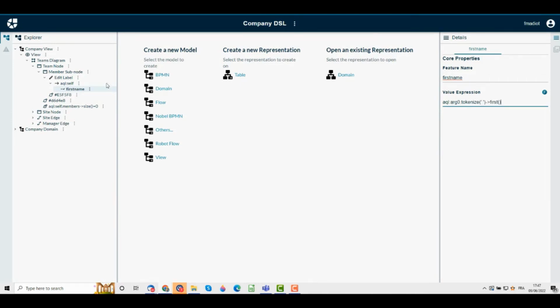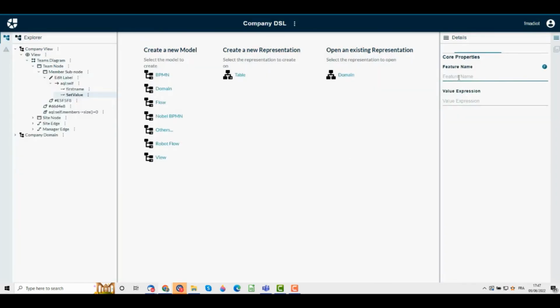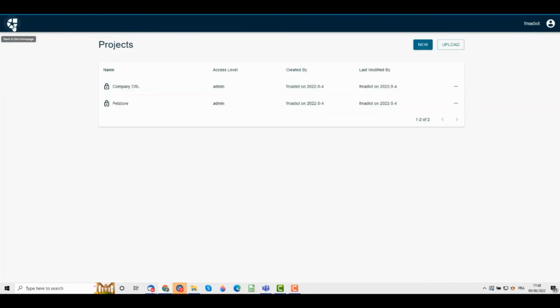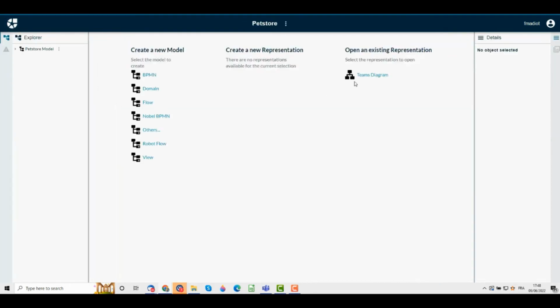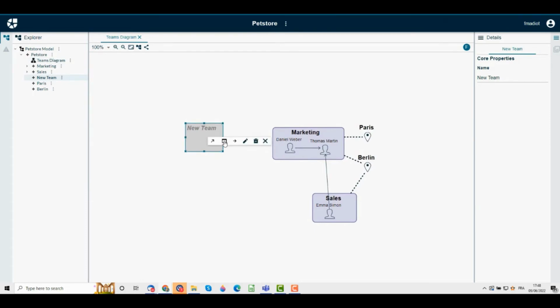I will take the first part of the label. We separate the label. I will split the label with spaces, and I will take the first element. I can do the same with the last name, and now I take the last part of the string. It could be improved with better strategies, of course. So now, if I edit